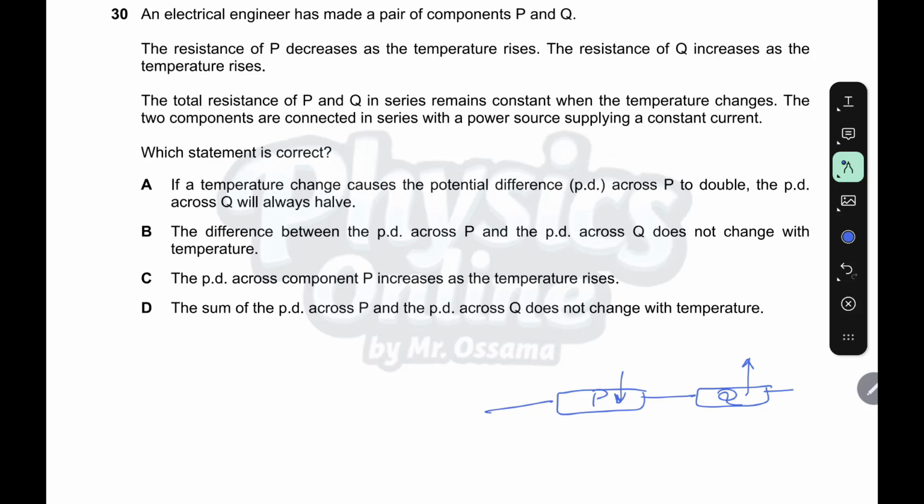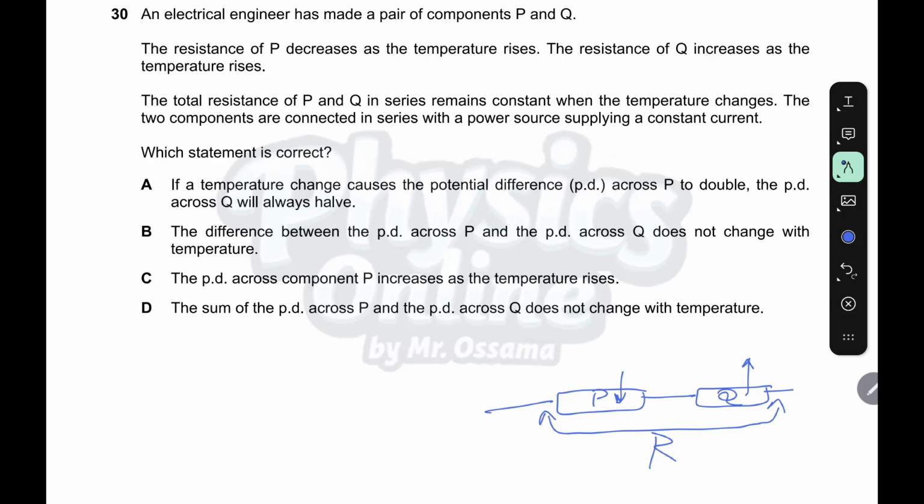The total resistance of P and Q remains constant when the temperature changes. R here is constant. The two components are connected in series with a power source supplying constant current. Which statement is correct? If the temperature change causes the potential difference across P to double, the potential difference across Q